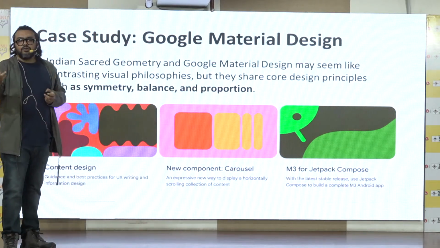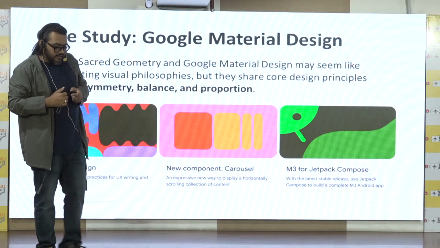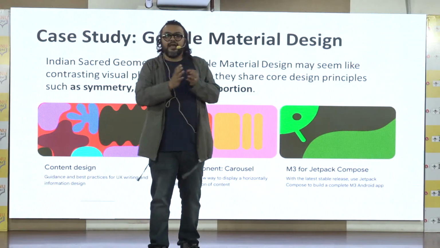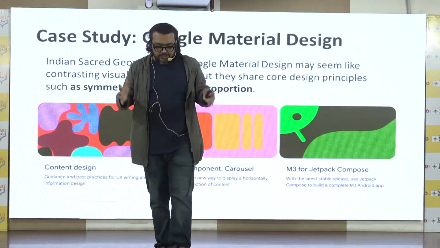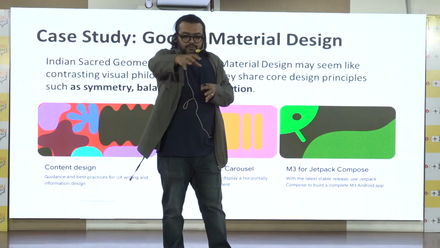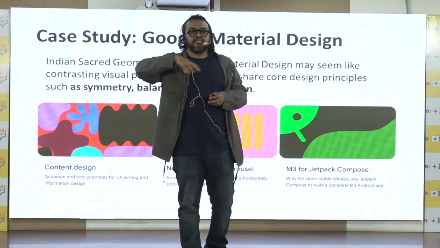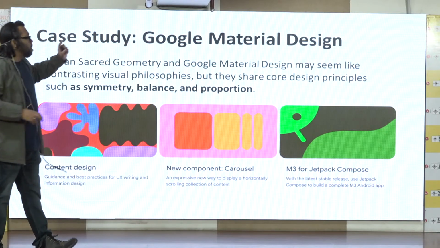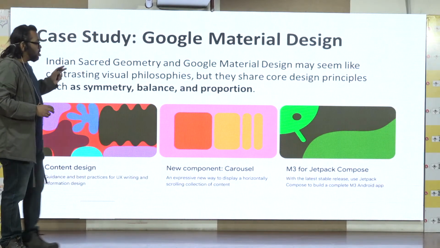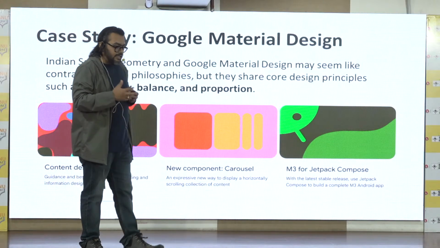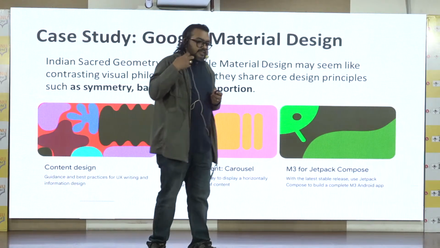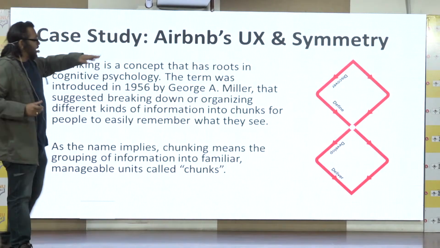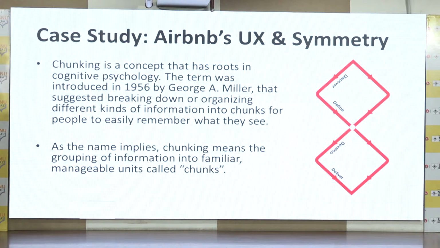exactly, if I can draw a connection from the Sri Yantra, chunking is exactly what they have done even theoretically. They have divided the power of Shri or Shakti into visual components like triangles and circles. So that is a direct reference which has been used by Google Material Design as well. So if we go to Google or Figma, you will understand how this chunking system has a direct connection with our Indian knowledge system. Now, then this is my last case study, I'll talk about this.